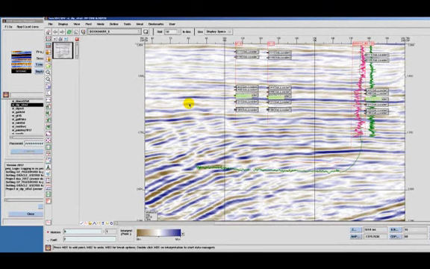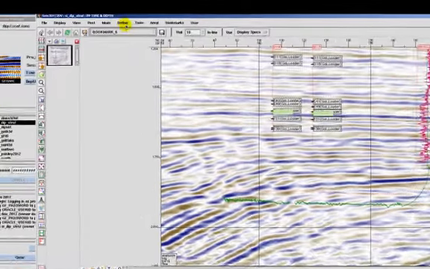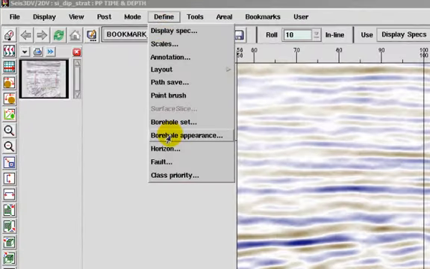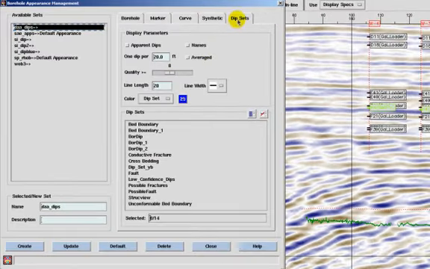Dipsets can be posted in SeisDV. Dipsets can be posted along with markers and log curves on the borehole path. Dipsets are posted similarly to log curves or markers as they are controlled by the borehole appearance settings. Dipset posting parameters can be found on the Dipsets tab of the Borehole Appearance Management dialog box accessed from Define